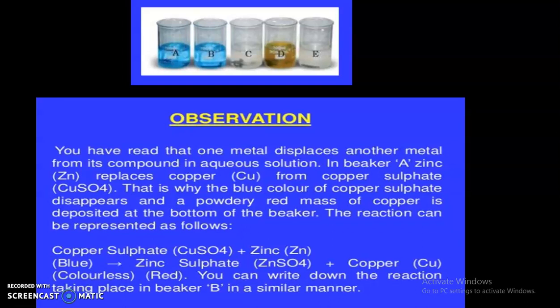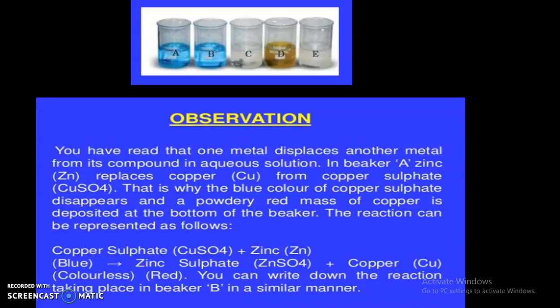Okay, so take 10 ml of dilute copper sulfate solution in a test tube, and you have seen that copper sulfate is bluish in color and it is a blue colored solution, and place an iron nail in the solution and stir the solution for a few minutes and then leave it for some time. What we are going to observe, we're going to discuss later. Now take iron sulfate, which is a green colored solution, in a test tube and place a copper wire in it. Shake the test tube and leave it for some time.